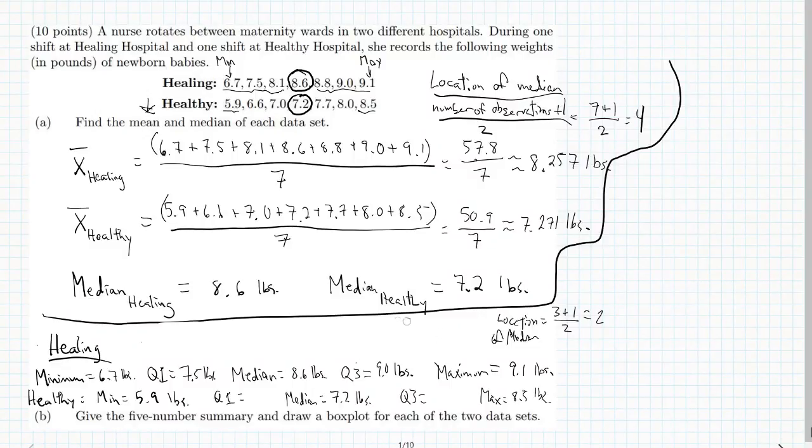So now the new data set, remember we have that middle number, so we've got to look at the numbers to the left. So our numbers are 5.9, 6.6, and 7.0 for the Q1. And we need to find the median of those. And then the numbers to the right, which will correspond to Q3, are 7.7,